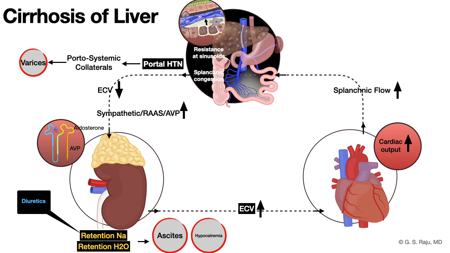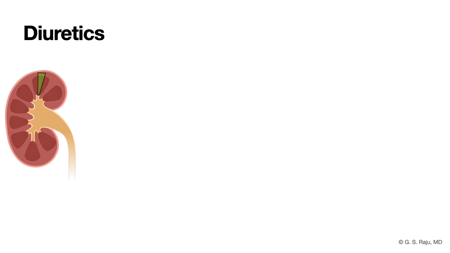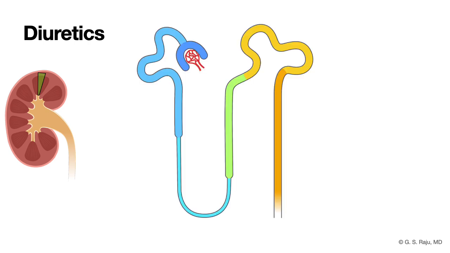So let us talk about which diuretics will be helpful in patients with cirrhosis. So let us go to the kidney. And as you know, this is the structure of a nephron, starting with the glomerulus and the tubule that goes from the cortex to the medulla. And important structures related to the nephron: glomerulus, proximal tubule, then loop of Henle, the ascending limb of the loop of Henle,